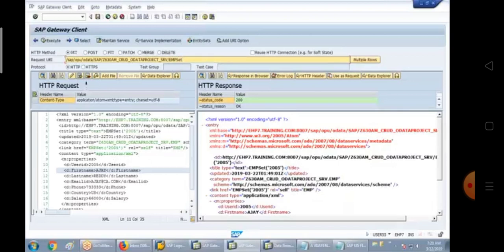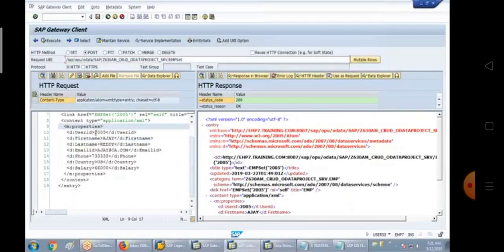Then select the POST operation in order to execute the create entity method. On the left side, if you closely observe, these are the values, and this record already exists. But I want to insert a new record, so you have to change the values under HTTP request. I want to use, for example, 0005